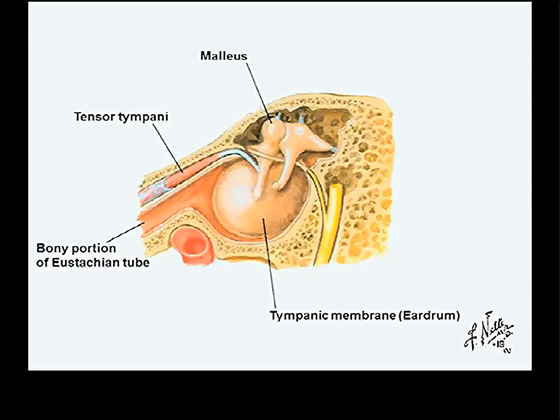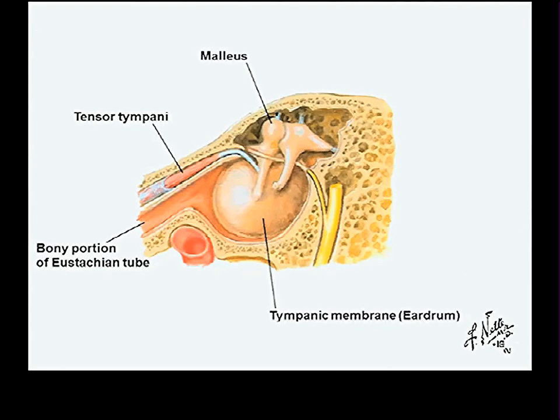Tensor tympani is a tiny little muscle you will see, if you're lucky, when we do the inner ear on the last day of head and neck dissection. You will chip away all this bone here and look for these tiny little bones of the ear, but you'll see a little tendon. Almost everybody sees this little tendon running from a muscle that you probably will not be able to visualize because it's minute, really. Sometimes when you chip away the bone here, you can see it. It's called the tensor tympani.